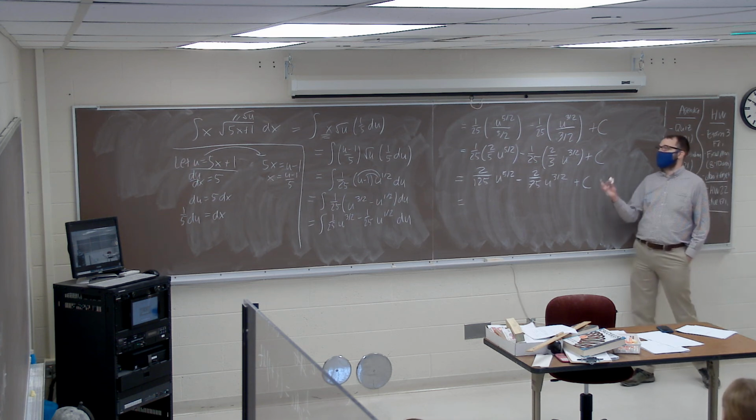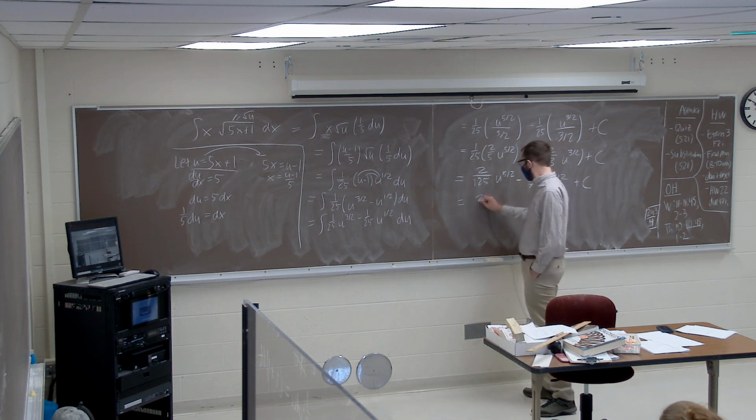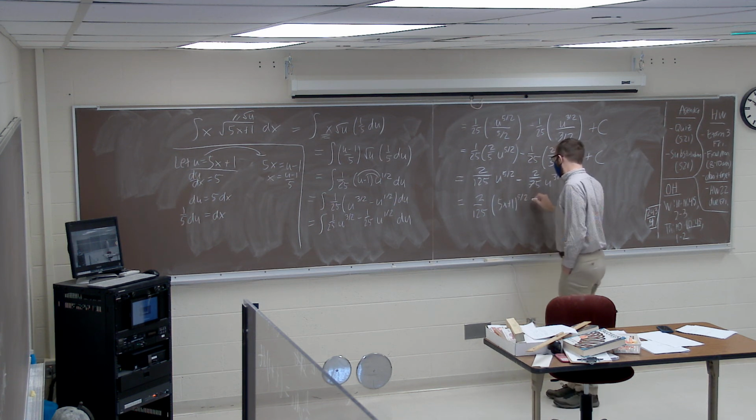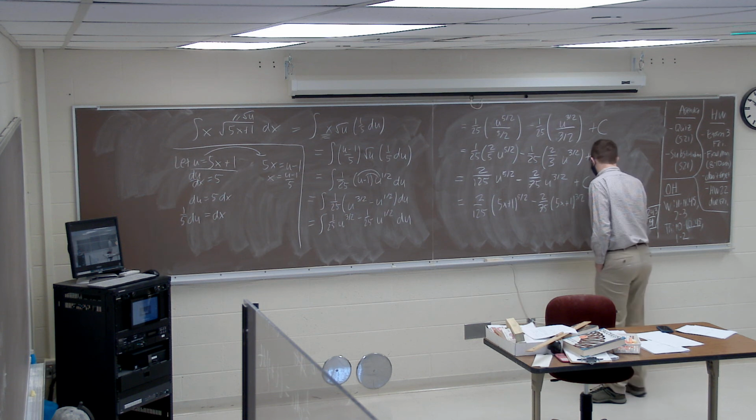Yeah, since our original integral was in terms of x, we should have our final answer in terms of x as well. Which will give us 2 over 125 times 5x plus 1 raised to the 5/2 minus 2 over 75 times 5x plus 1 raised to the 3/2 plus